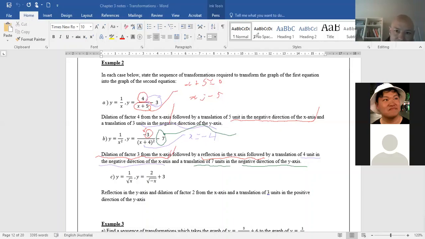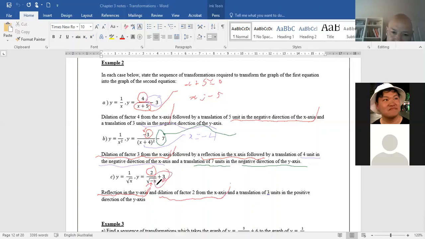Okay, go back to my red. This time we've got a different graph, a square root function, similar thing. But look at this, we've got the negative on the inside, next to the x underneath the square root. So that reflects it in the y-axis, because the x values are not changing here, the negative belongs to the x values that are changing. Then you've got this 2, so you've got the dilation factor 2 from the x-axis, and